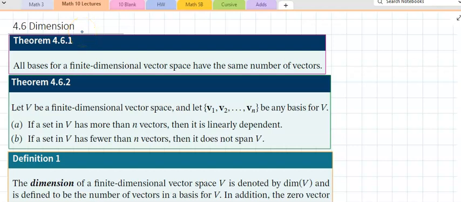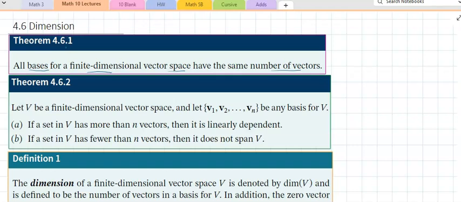Okay, section 4.6 talks about dimensions. Theorem 4.6.1 says all bases. Now remember the difference between spanning and bases. And I'll talk about that briefly after I talk about the first couple of theorems really quick and put everything in perspective. All bases for a finite dimensional vector space have the same number of vectors, meaning then if you